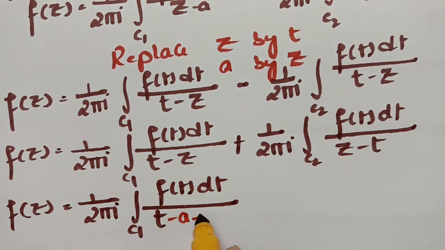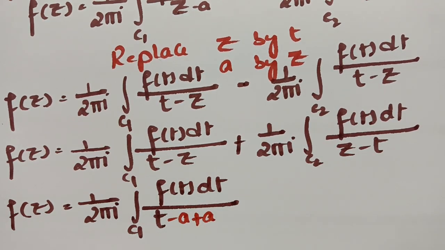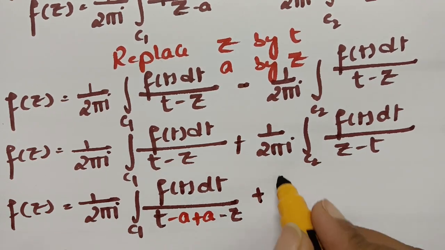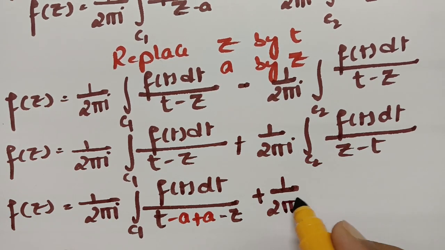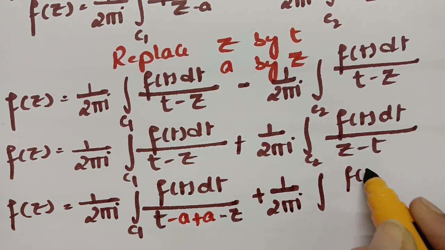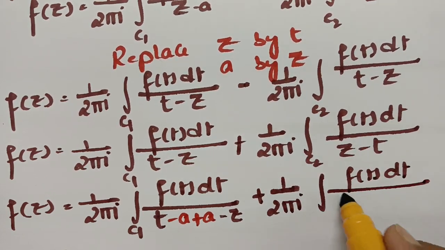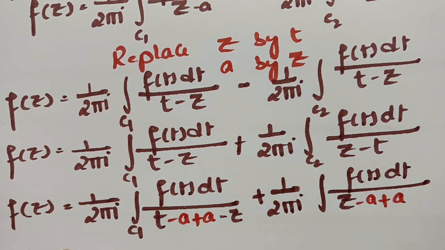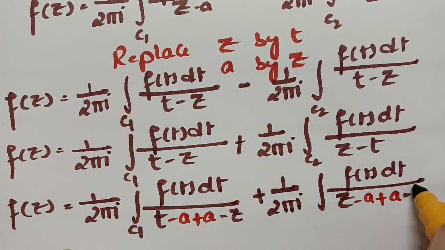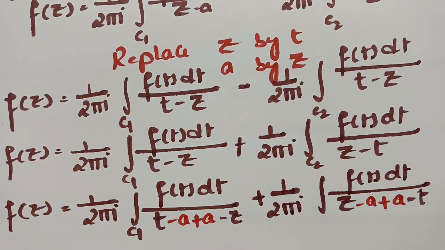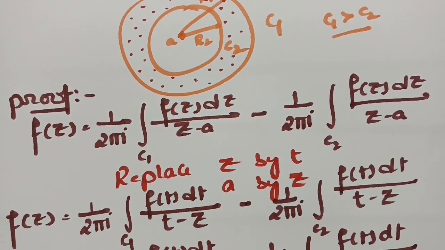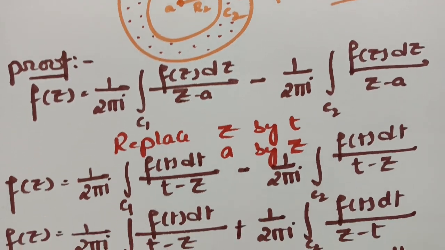This is minus a, in order to balance, and I am keeping plus a, minus z, plus 1 by 2 pi i times the integral of f of t dt by z, and again I am introducing a. So this is minus a plus a, and next thing is minus t. Clear? Till here it's okay. And next one, first thing is, according to Cauchy's integral formula, we have this one,